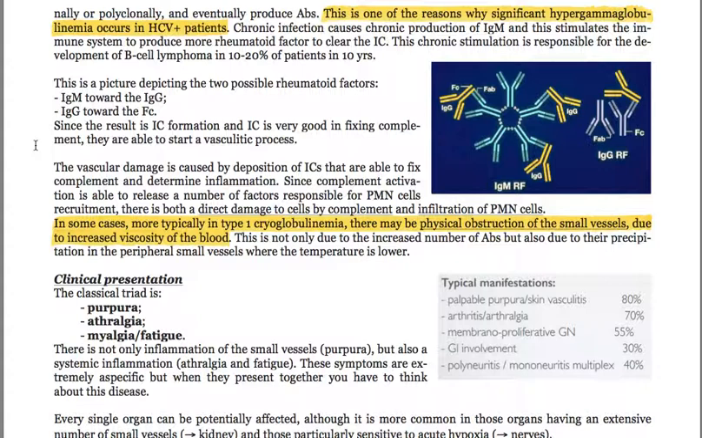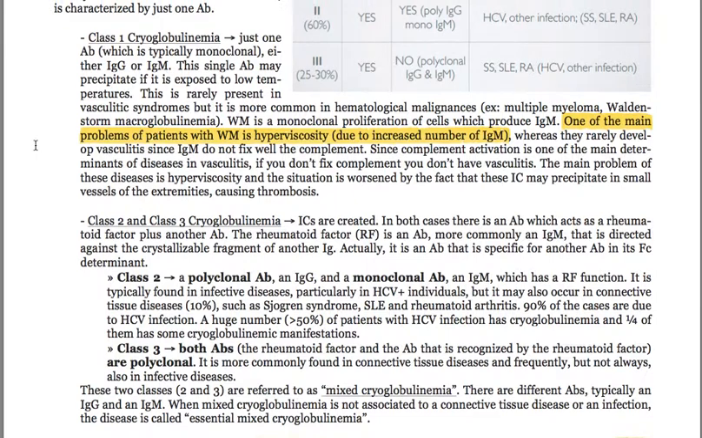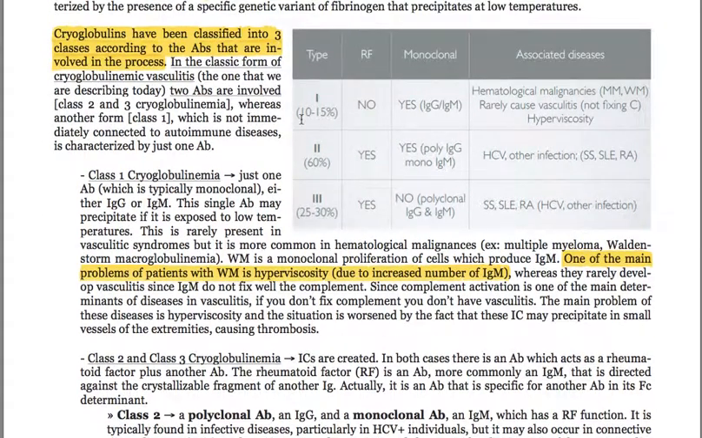This is not only due to the increased number of antibodies, but also due to their precipitation in the peripheral small vessels where the temperature is lower. So as said, we have type 1 in 10-15% of cases, no rheumatoid factor, and monoclonal antibodies, IgM or IgG. Associated diseases are hematological malignancies, multiple myeloma, Waldenström macroglobulinemia, which rarely cause vasculitis because they don't fix complement, and we